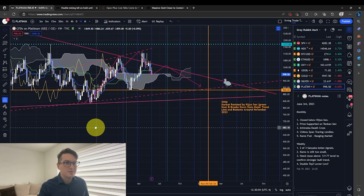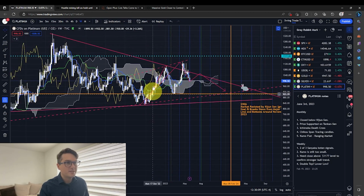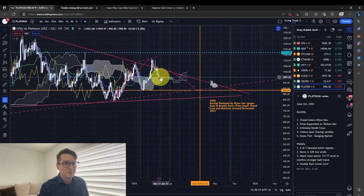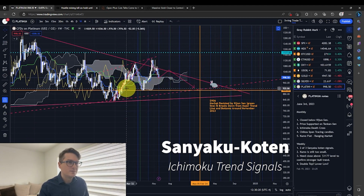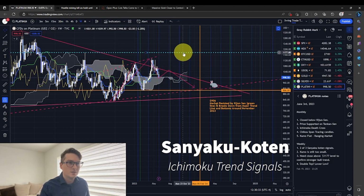Okay, so guys, here on the weekly chart, we can see that price recently broke out of this trend line here, but now has re-entered back below. We have 2 out of the 3 Sanyaku Kouten signals, so we have the gold cross, we had the Kumo cloud break, but now you can see price is back down inside the cloud. So like I said, this is still just a ranging market here, and we're going to need price to close above this